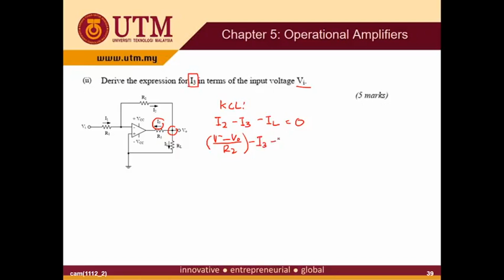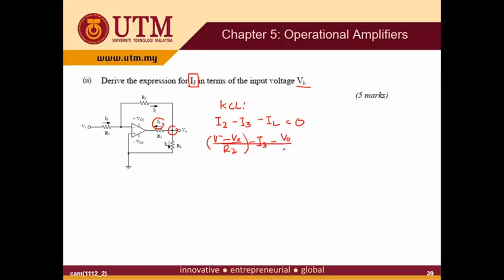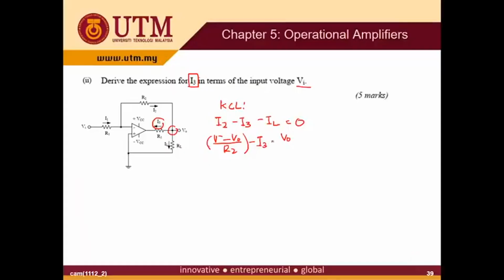And IL is Vout over RL, so this is minus Vout over RL equal to 0. So your I3 is equal to